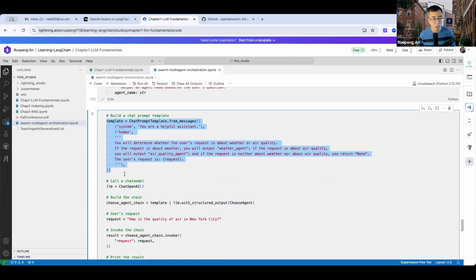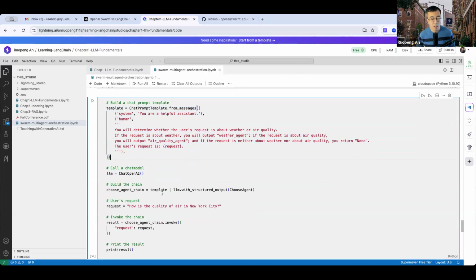Okay, so that is the idea. So we create this template, and then we can call an OpenAI model. We call the chat OpenAI model, which is going to process this template and then produce an output. Okay, and the output would be either weather agent or air quality agent or none, based on the user specific